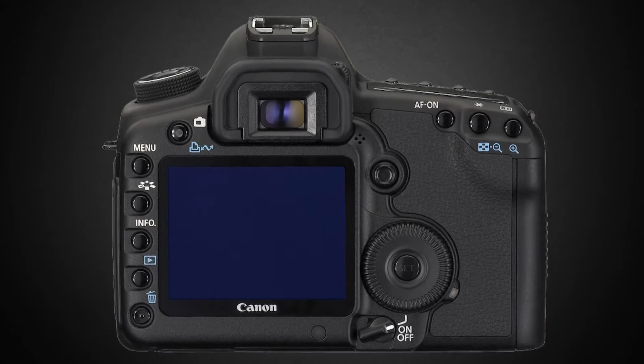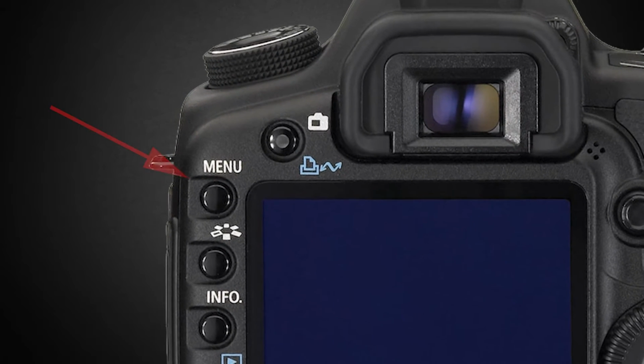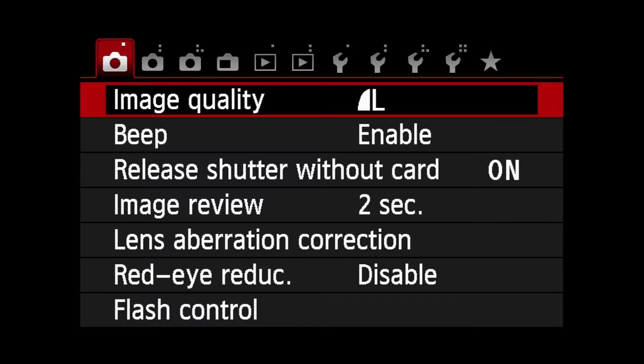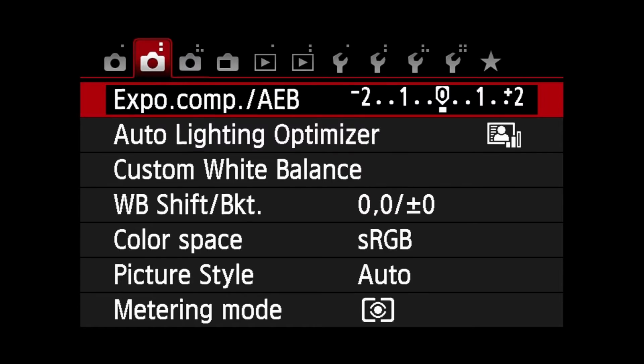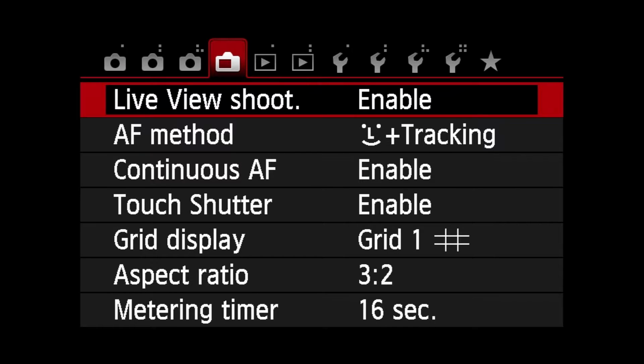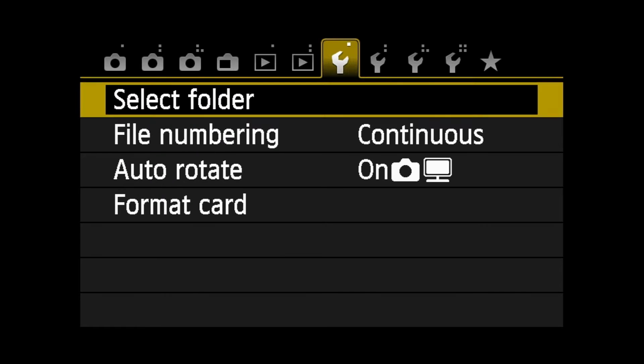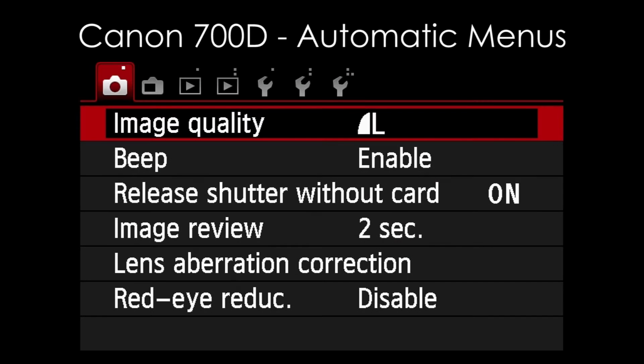To access the menu settings on your cameras, there's invariably a button that's labeled menu. In the case of the Canon here, it's on the top left corner, and that gets us into the menus where we can make our changes that we need to make in how the camera is configured, how it plays back pictures, and how it records pictures. So here we have the